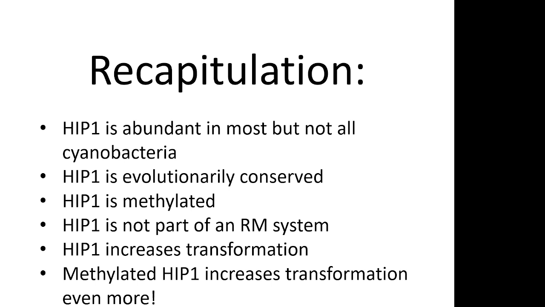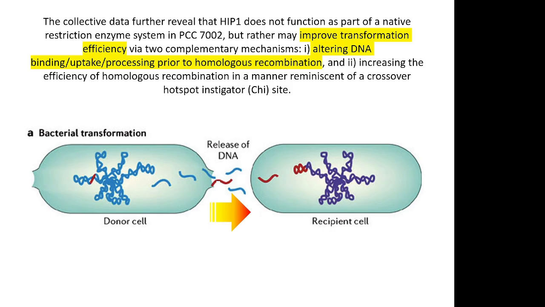HIP1 is abundant in most, but not all cyanobacteria. HIP1 is evolutionarily conserved, so it's likely to have a function. HIP1 tends to be methylated. It is not part of an RM system. By itself, it increases the rate of transformation, and in particular, when methylated, it increases the rate of transformation even more. Okay? Well, so very recently, these authors proposed, I don't have much time to go into the details that